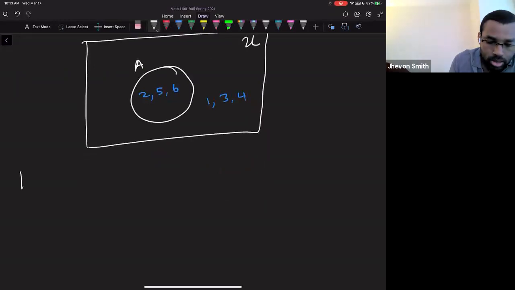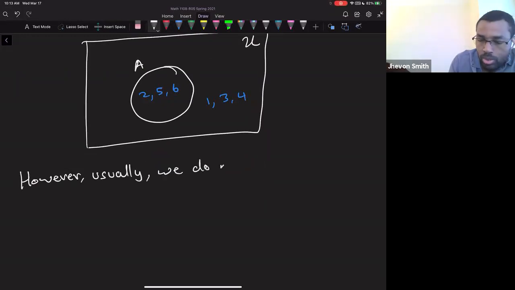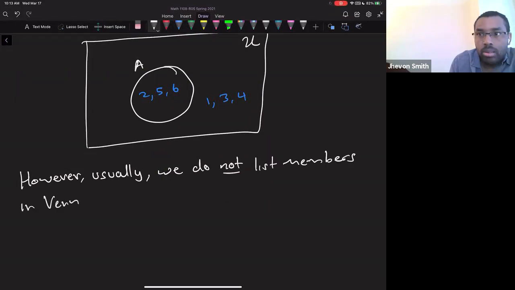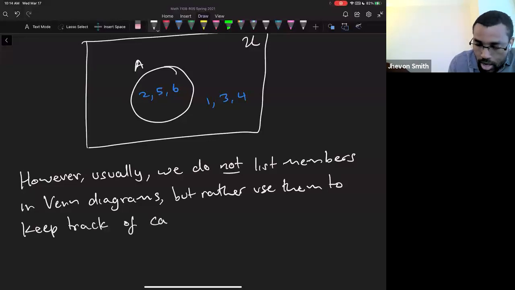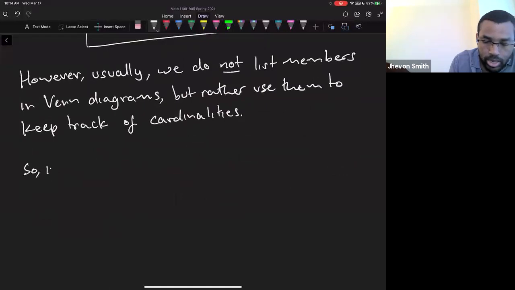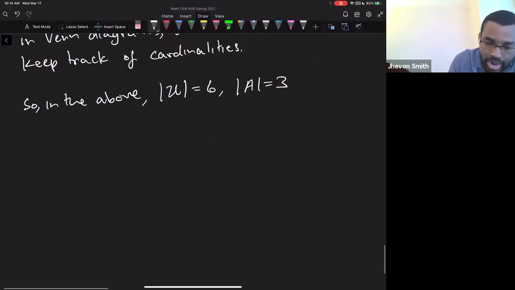However, usually we do not list members in Venn diagrams, but rather use them to keep track of cardinalities. So in the above, notice that the size of your U was 6 and the size of your A was 3. The Venn diagram would be instead,